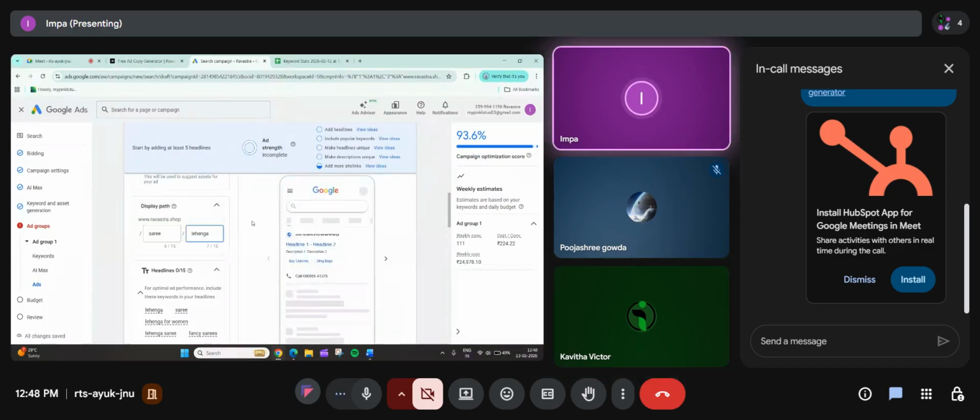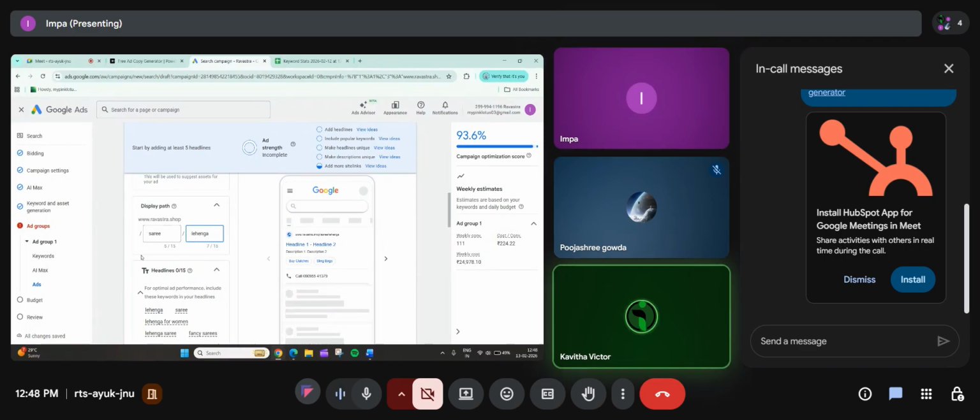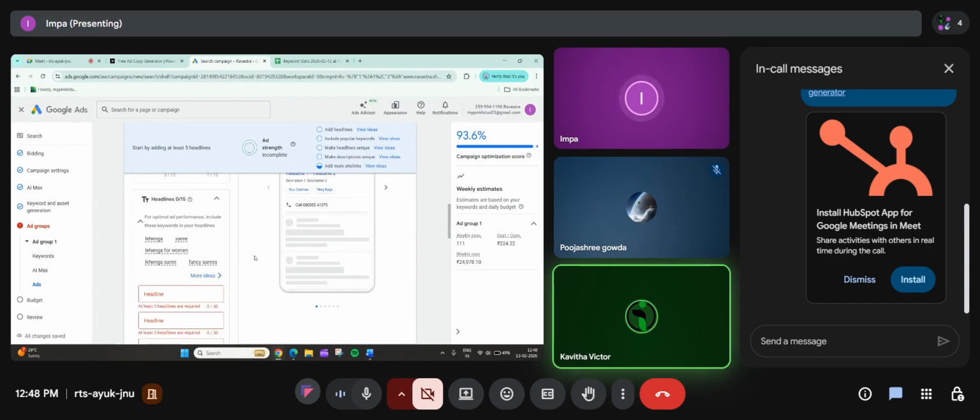Ma'am, type description and heading for these two topics. No, not required. It is not that it should be depending on the display path. You need to create the headline and description. It should be based on the keyword.